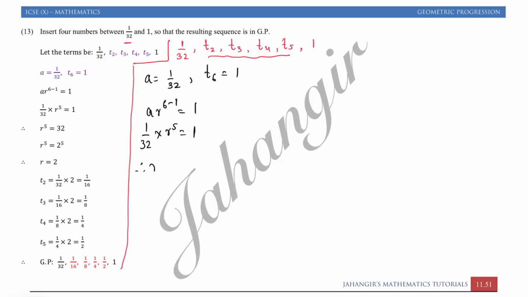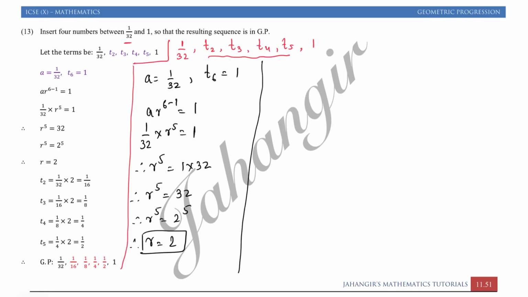So therefore R raised to 5 is equal to 1 into 32. So therefore R raised to 5 is equal to 32. So therefore R raised to 5 is equal to 2 raised to 5. Since the powers are equal, R is 2. So we got R. Now we will find